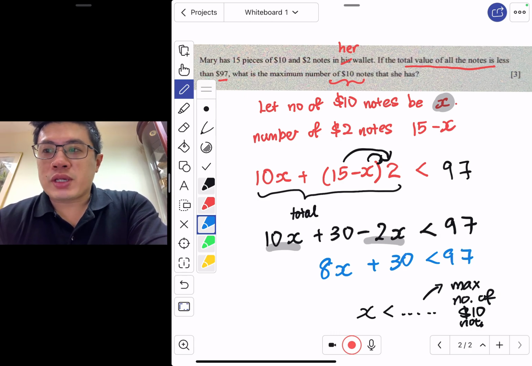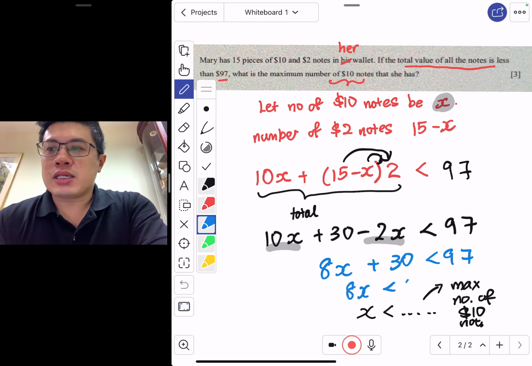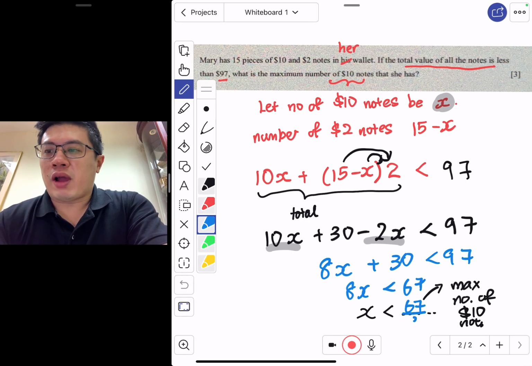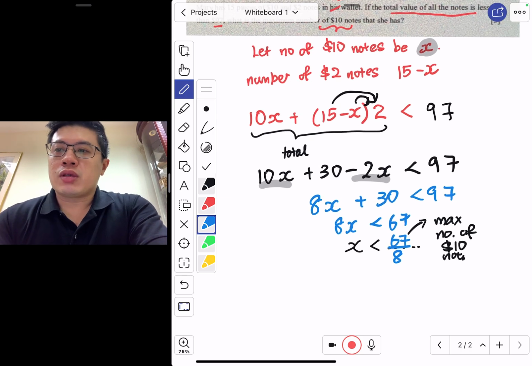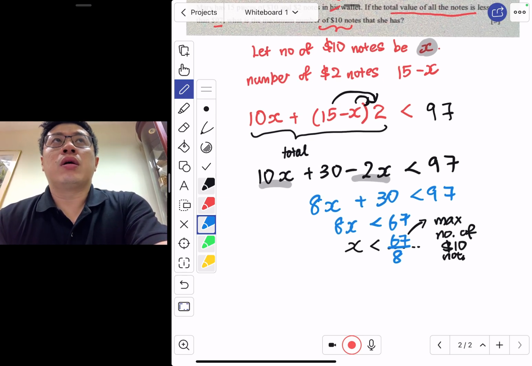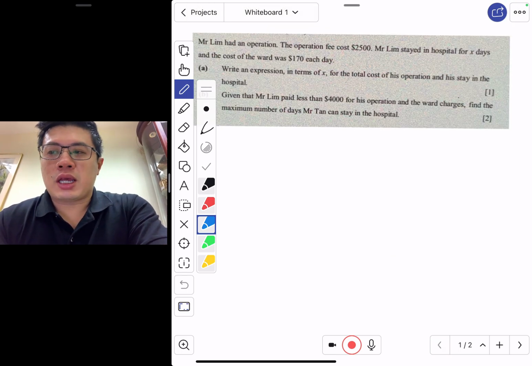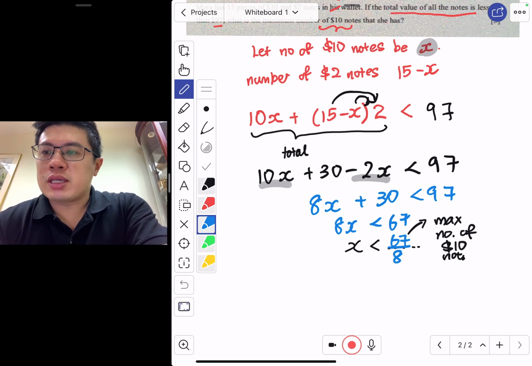Subtract 30 on both sides, I have 8x less than 67, and x is less than 67 divided by 8. So you can see that 67 over 8, which is about 8.4, is slightly above 8, so the maximum number is